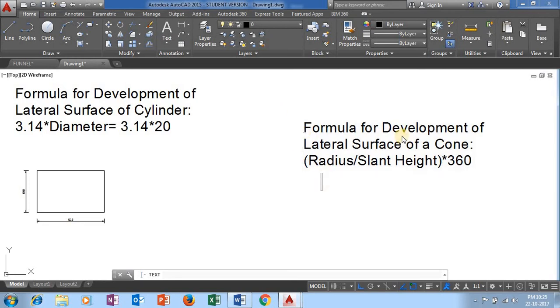Okay, and the formula for development of lateral surface of a cone is radius of the top